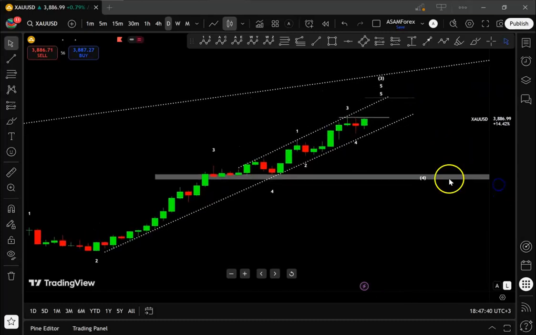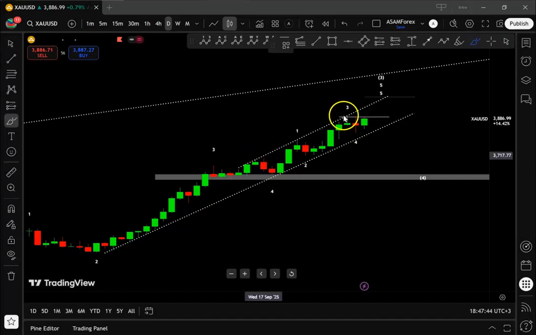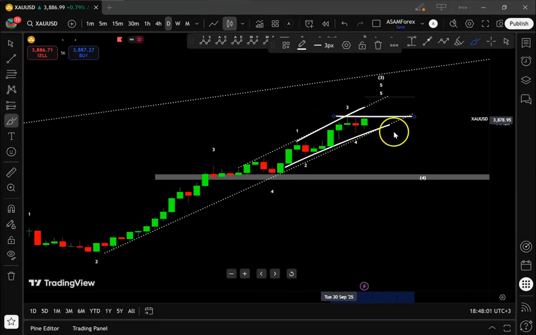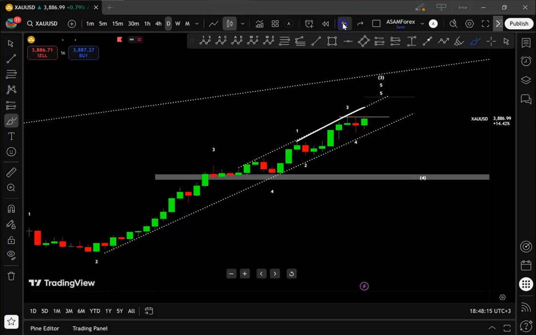Okay, so technically we see it has been playing within the channel now, within the levels of support and resistance. Actually, this has been respected several times. Indeed, there's another level here of resistance, so this can provide us with a trading decision for the coming week. So we may use this one plus the levels of support and resistance in combination with the wave count, so at least we can understand exactly what we can expect in the coming week.